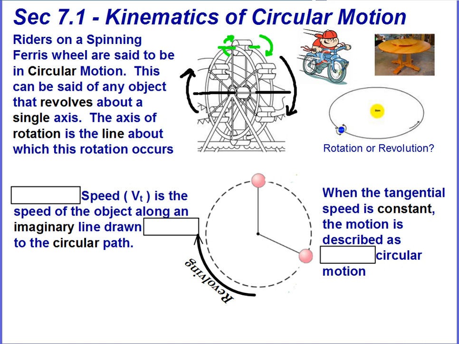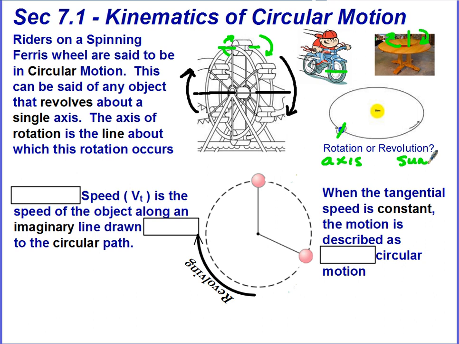Spinning wheels on a bike have an axis of rotation right through here, and a Lazy Susan on a turntable has an axis of rotation around that point. So around that imaginary line, if you will. So it would be rotating through there. Now, the Earth is both rotating and revolving, rotating on its axis and also revolving around the sun. So when we talk about rotation, that's about the axis of Earth's rotation, and the revolution would be about the